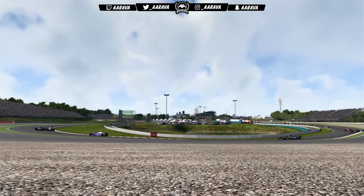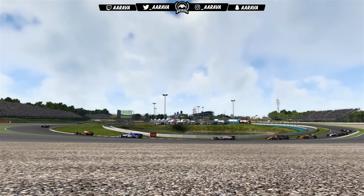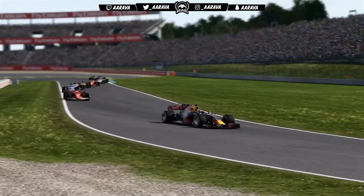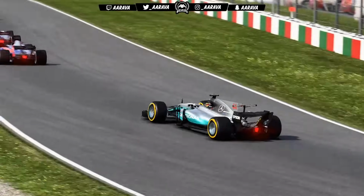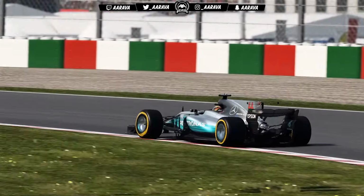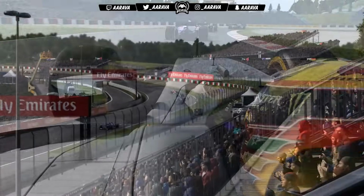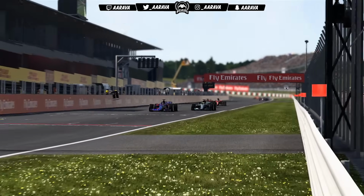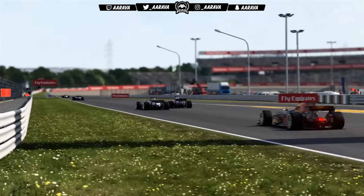All these guys are probably on medium tyres or soft tyres from the beginning of the Grand Prix, like myself, and so Hamilton, Ricciardo and Vettel will have to try and make their way through. But you can see Hamilton, Ricciardo and Vettel are making their way through quite steadily right now. All three of them have cleared that Sauber car, and now Hamilton closes up on the back of one of the Toro Rossos, who line astern together on track just behind one of the Williams cars, I believe,